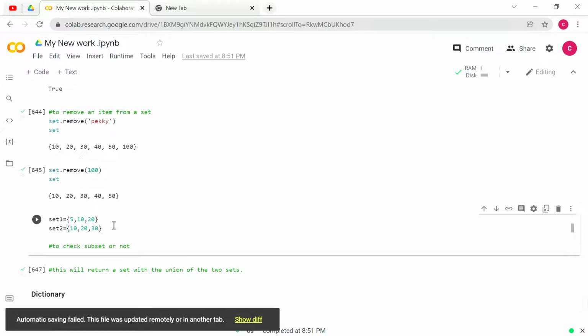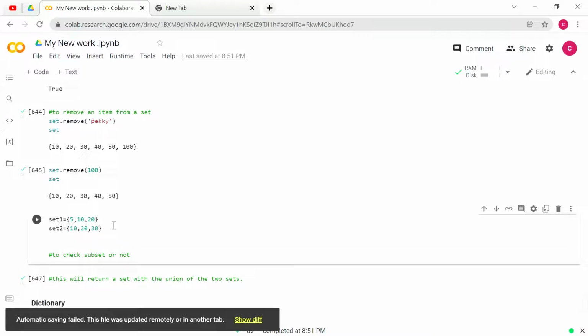Now we need to check whether set1 is a subset of set2. For that give the code set1.issubset(set2). This is the code for checking subset. Give this code and run it.